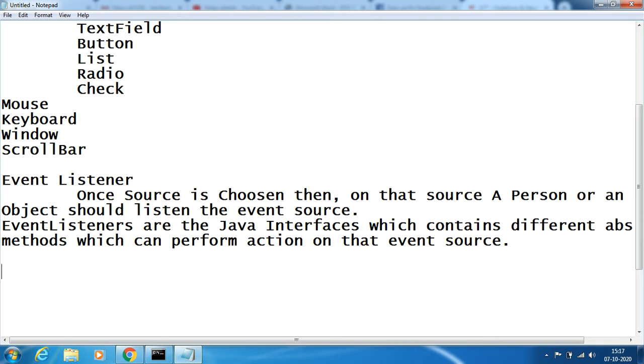So event listeners are the Java interfaces which contain different abstract methods which can perform actions on that event.